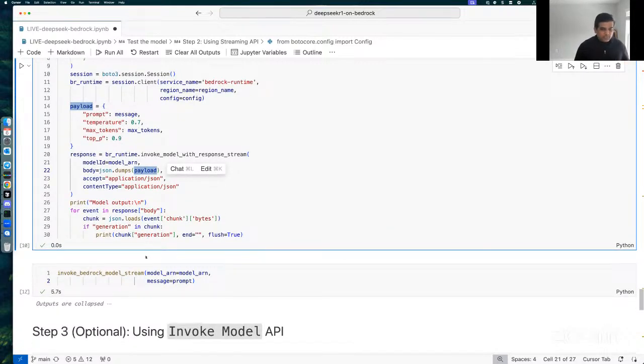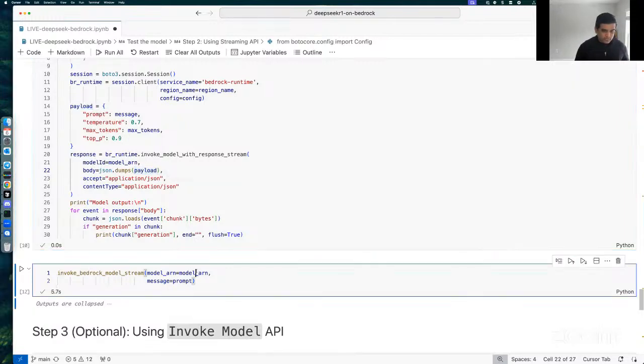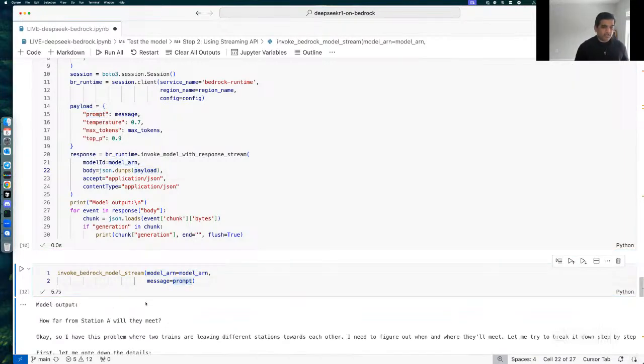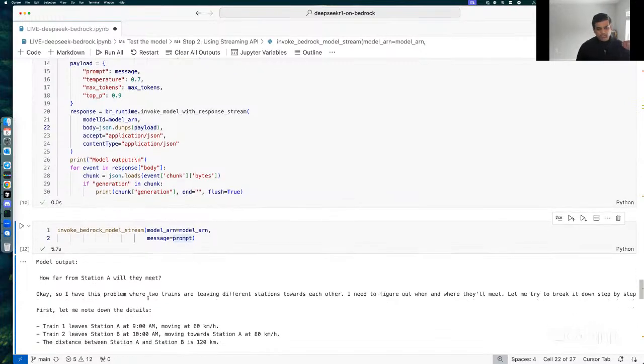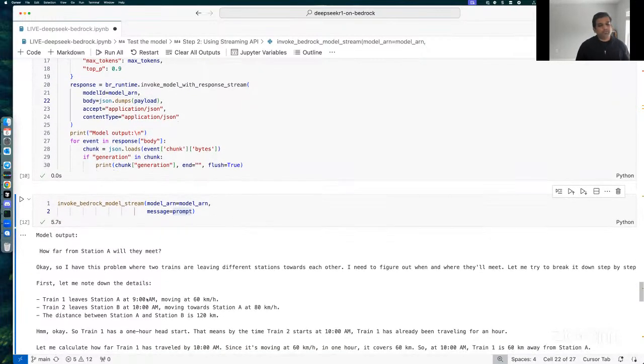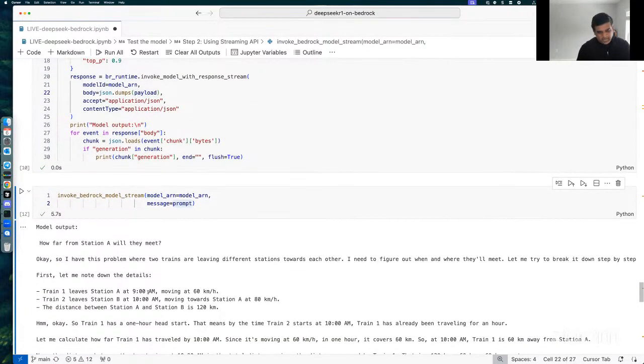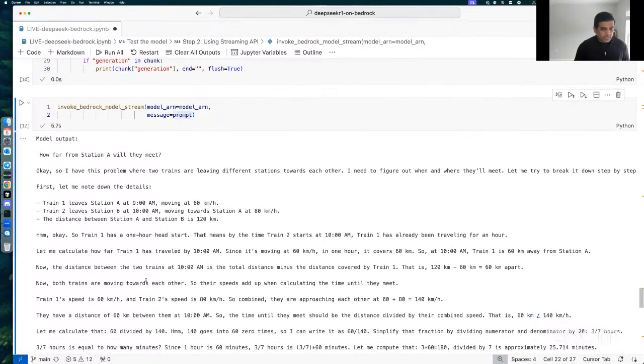And once you have this function, when you run this with your model ID and the prompt, you get the response. And this response, since I have executed this, you may not be able to realize this, but when you run this, it will run through, it will generate the output in a streaming fashion. Okay, so that's about